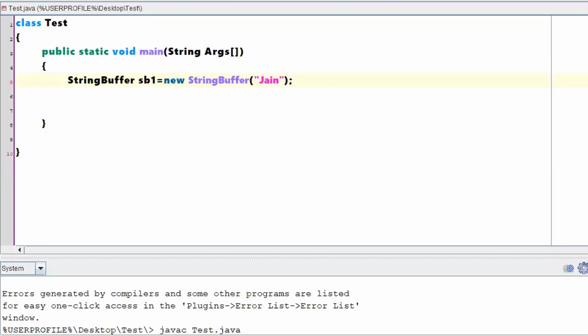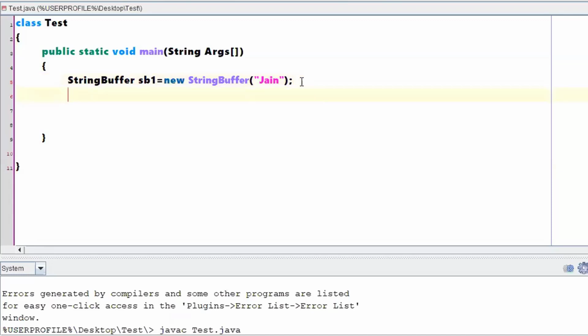As you already know what the length and capacity methods will give you, and we have seen the lab program on length and capacity, be quick to give a response in the chat box for the instructions I am going to write. This statement will create a string buffer object with a referencing variable called sb1, and the content of that will be Jain.